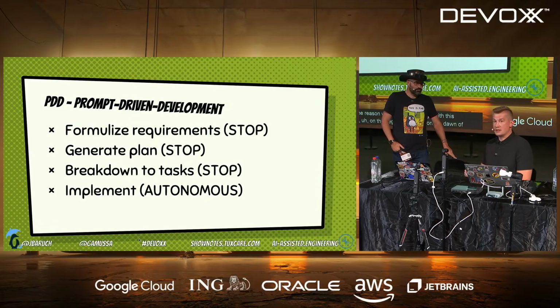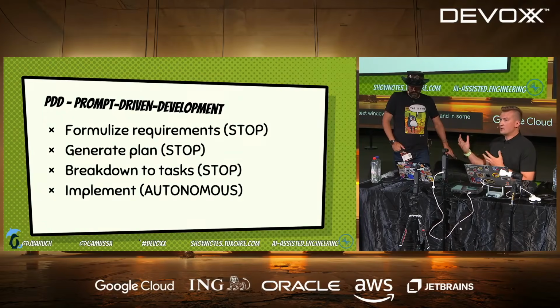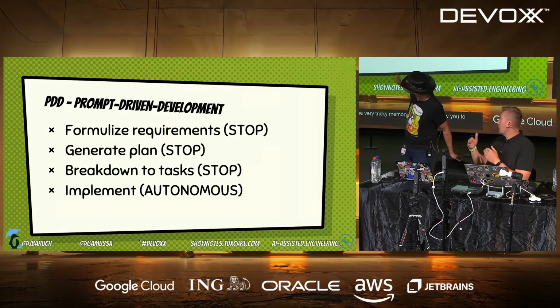And the reason why we decided to go with this approach is that at the dawn of these agentic IDEs, they were trying to solve this type of problem in multiple ways. They tried to provide ways to optimize your context window for your conversation, and in some cases even provided some very tricky memory features that allow you to remember what happened before, how you chatted.